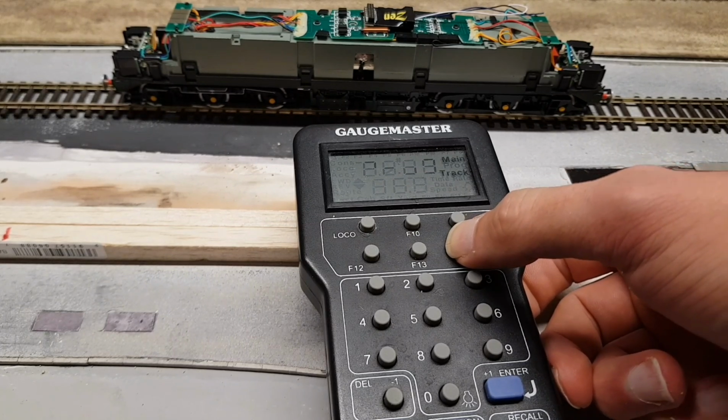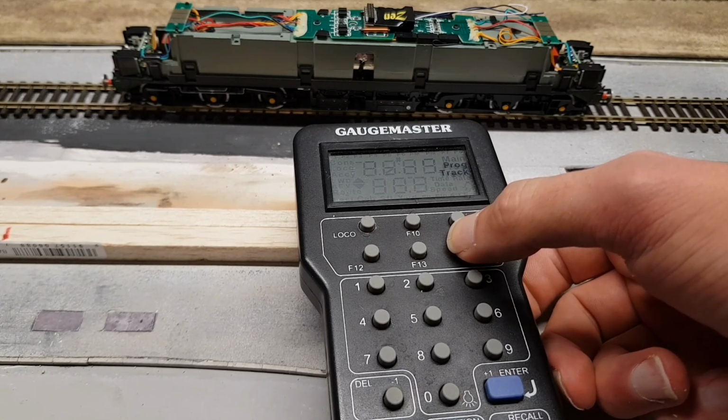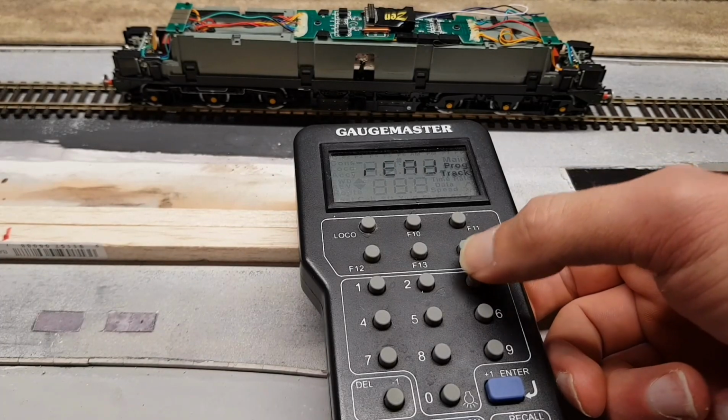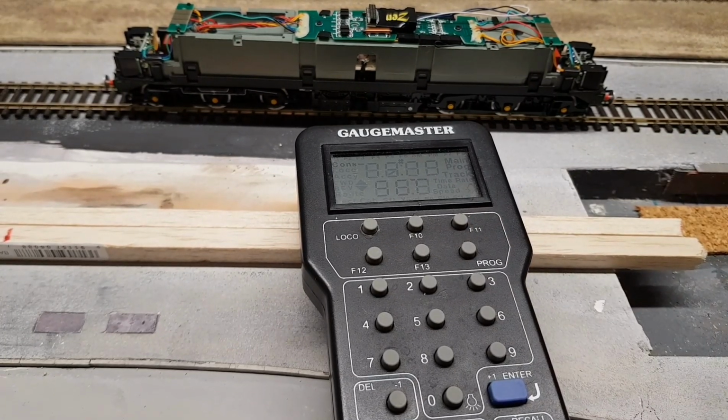We'll get there in a minute. Oh, for goodness sake. Well, okay, so with the